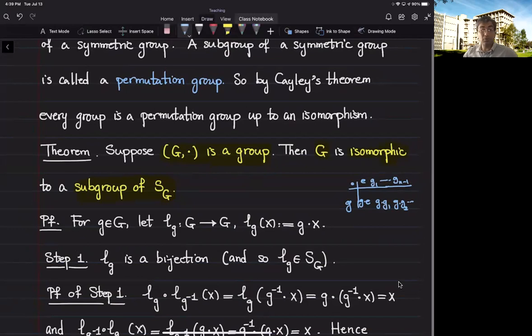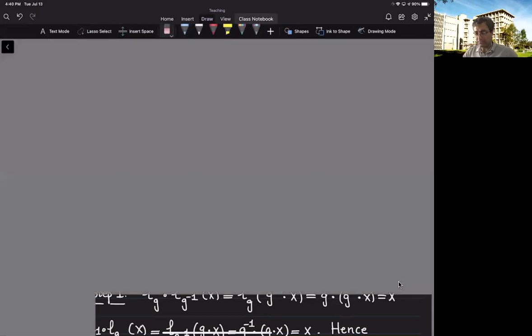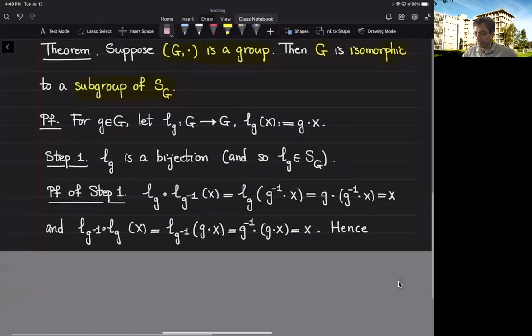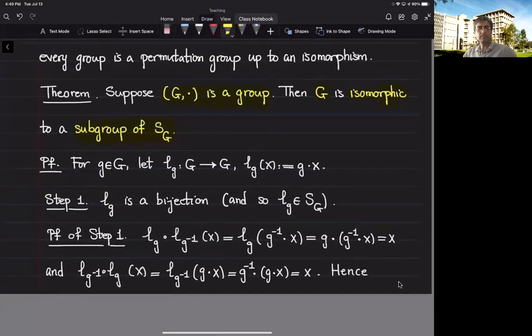In fact, in every row, every element appears as well. If it is finite, we immediately get it because the map is injective and they have the same cardinality. We deduce that it is also surjective. And from there, we get that in every row, we have a permutation. This is the key idea behind Cayley's theorem. So now let's go into the details of the argument. And let me remove this. As I pointed out, I'm looking at the row corresponding to g in the multiplication table, and that means